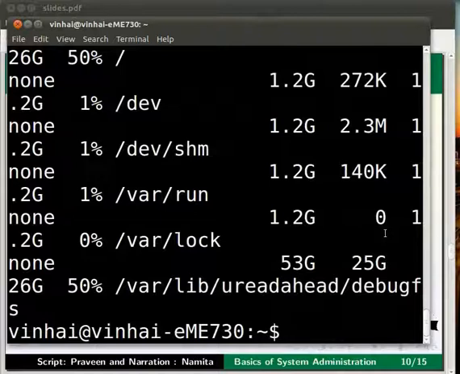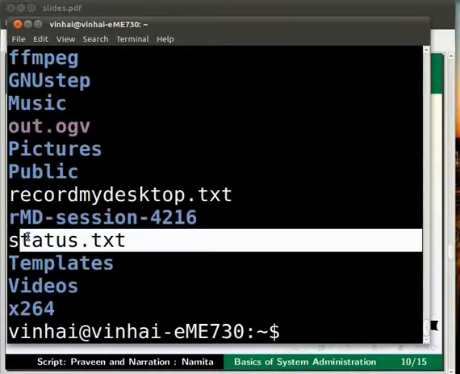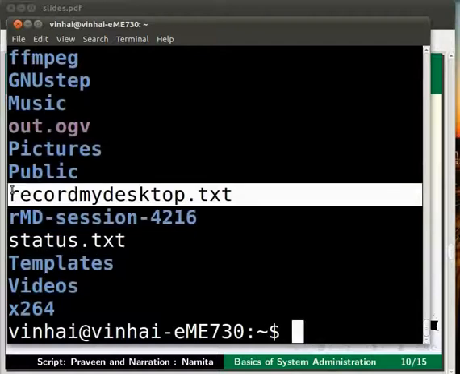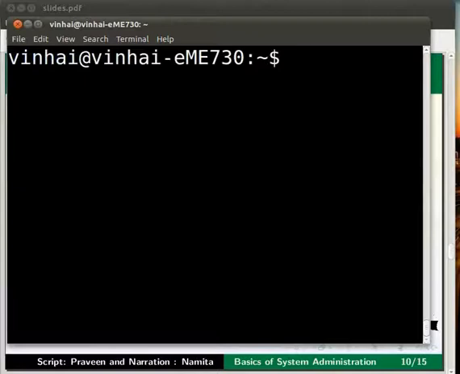Let us now try some options with the du command. At this point, I assume that you have created some text files in your home folder. If not, please refer to the tutorial on general purpose utilities in Linux. I have already created some text files in my home directory to execute the commands. Go to the home folder on the terminal by typing cd /home and press enter.